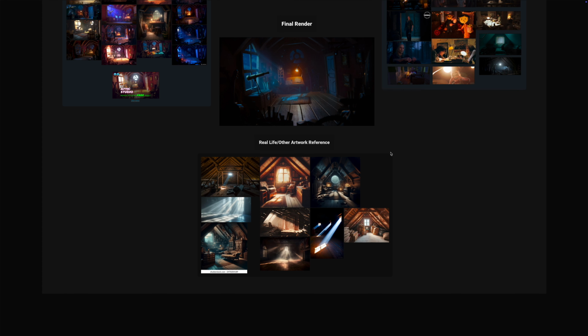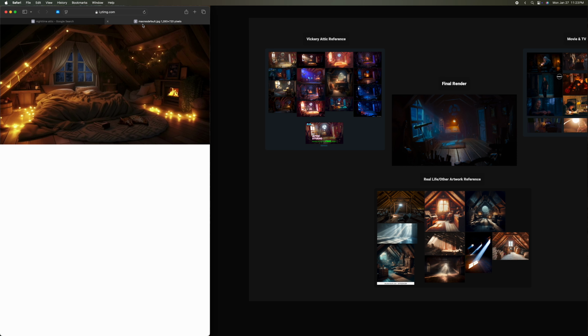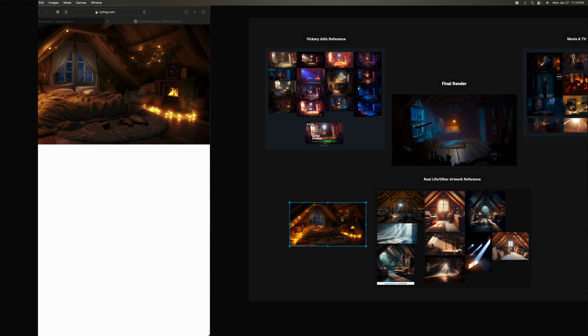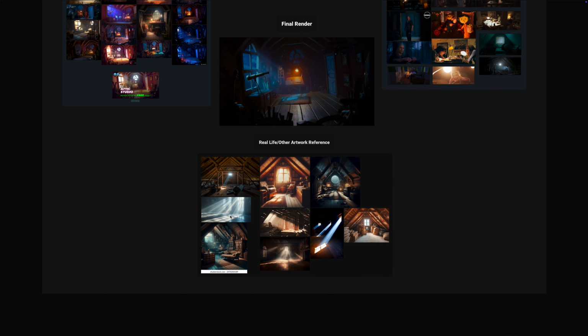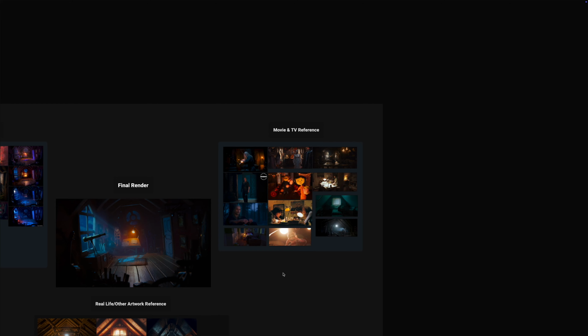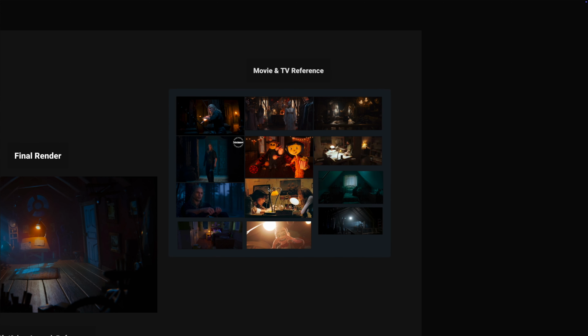Often though, it will simply just be a Google search and I can just type it in Google, search it up, copy the images straight out of Google into PureRef, paste them into my reference board here. These ones I believe were straight up off of Google or Pinterest or both. As well as that though, I will often also get reference images from movies and TV shows that relate to the scene that I might be working on, whether that's the specific time of day as well as the environment in terms of how it relates to the scene I'm working on,